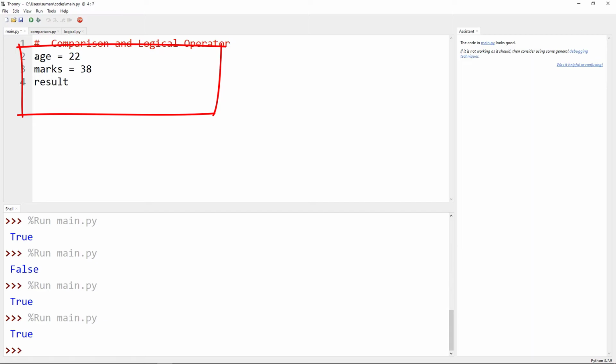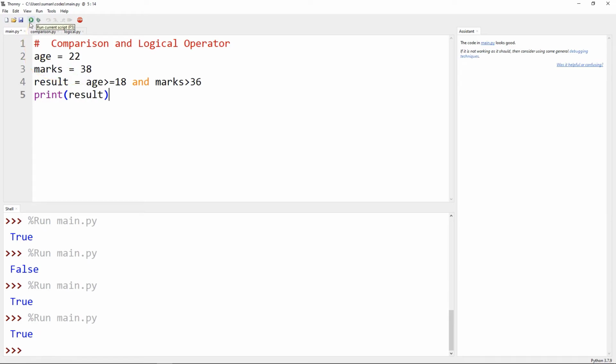Result is another variable: age greater than or equal to 18, and here is the logical operator AND, and marks greater than 36. We use the print function to get the output. Now run the code and we get true.